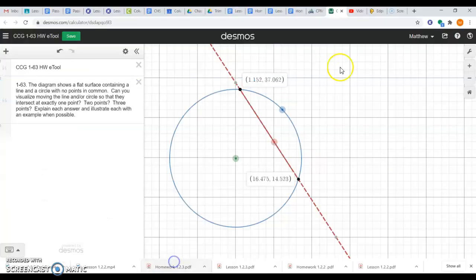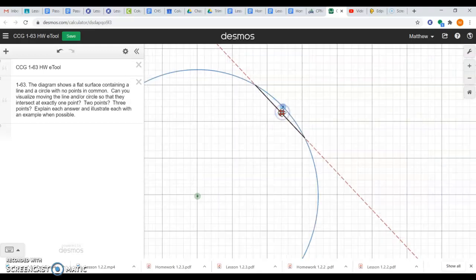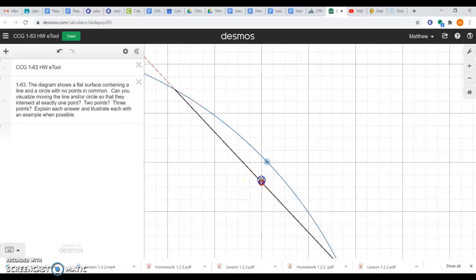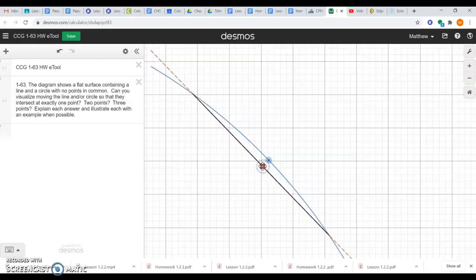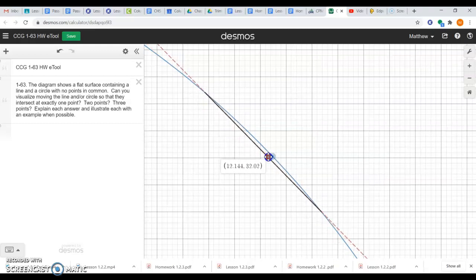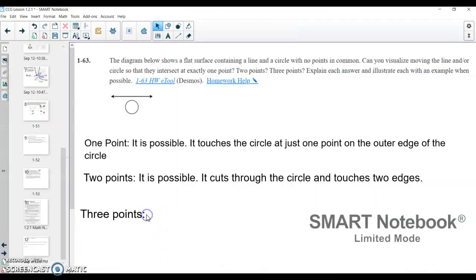3 points, we'll see. We'll bring it up. Is there a way that I can somehow swing this around so that I intersect 3 points? I think everything, if I zoom in, is going to be 2 points, 2 points, 2 points. If I try to get to 3 points, then I'm just on the outside of the circle again, so I'm not intersecting. It's tough. I could even zoom in more. You could zoom in so close, and it looks like you might be able to, but there is no way that I can see or fathom, or anybody can see or fathom, having 3 points of intersection with a straight line and a circle. So what we say is, not possible,